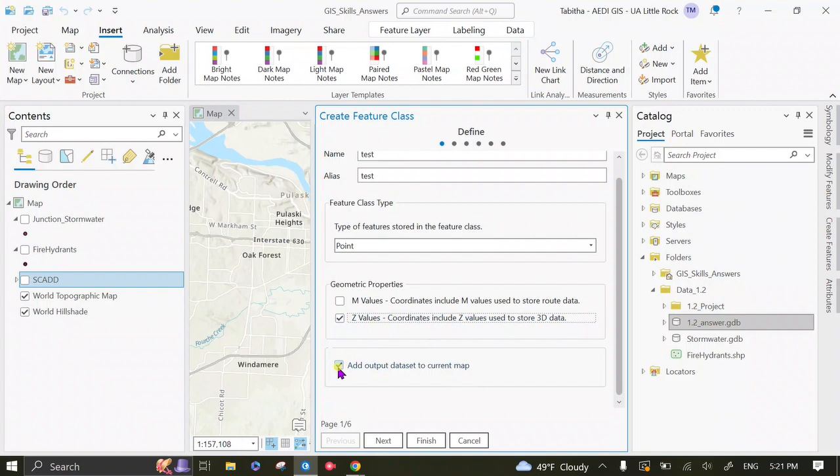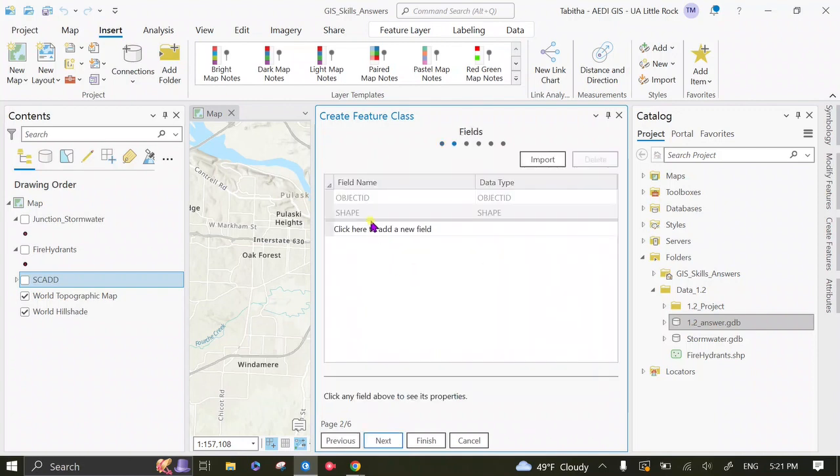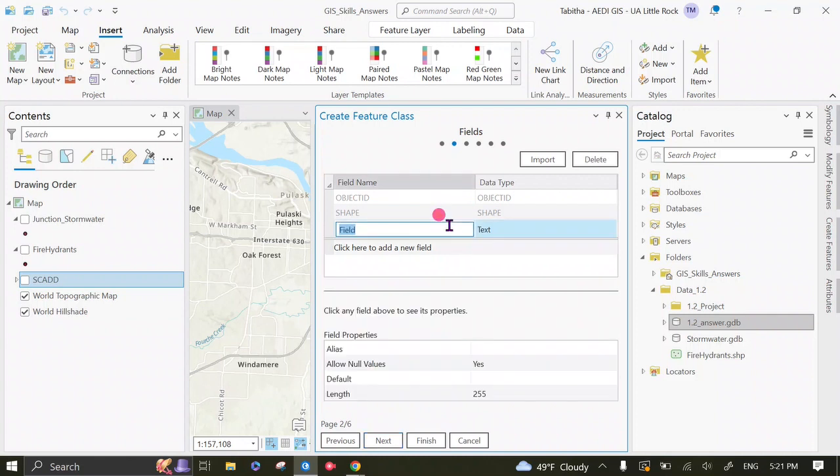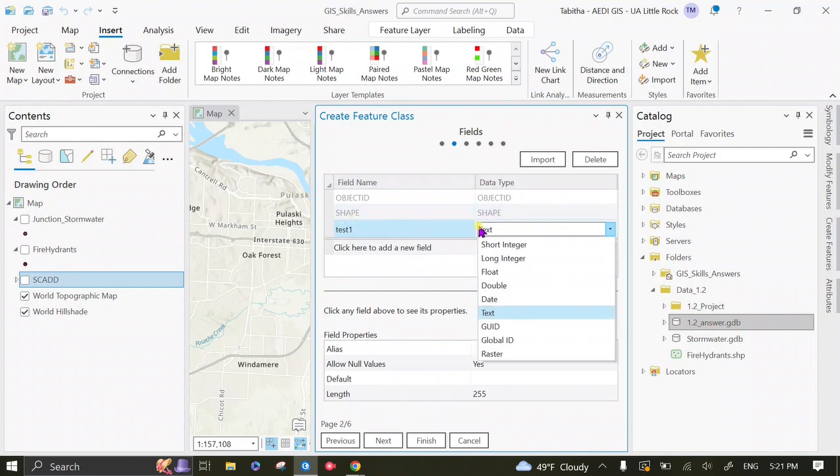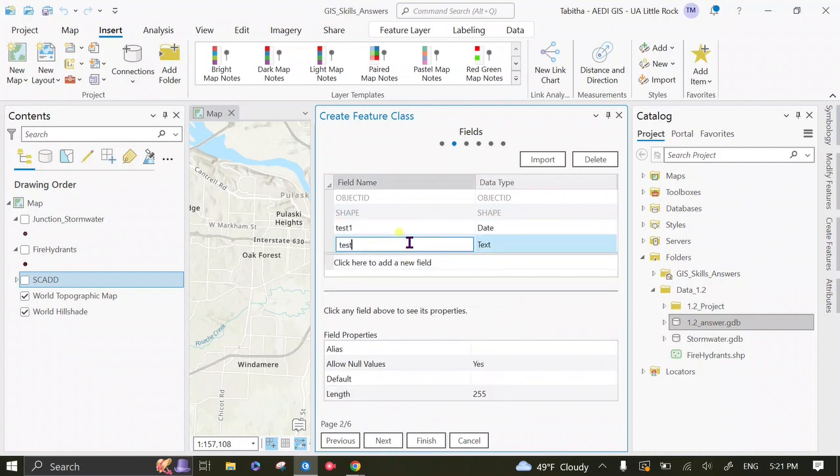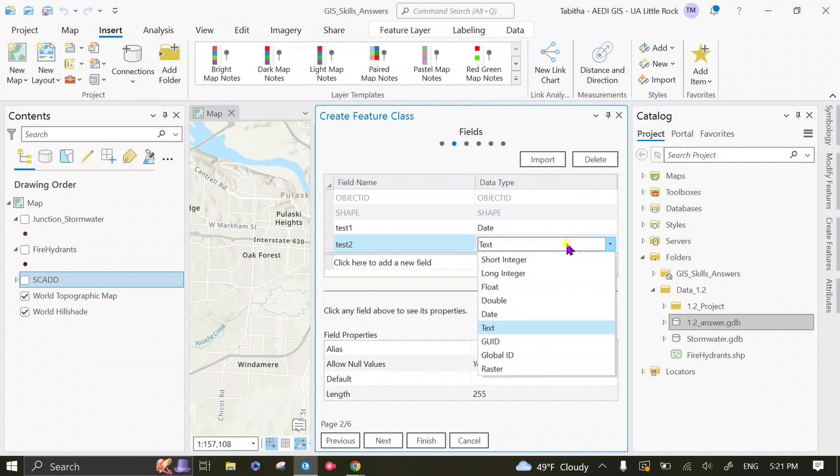And you can uncheck this Add Output Dataset to Current Map if you don't want to add it to your current map. This page 2 out of 6 is where you input the data fields that you want to be in your layer. And for this assignment, I requested that you guys add 1 field, so I'm just going to do a test, or I'm going to name it test, and we'll say I'll change it to a date field, and then test 2, and I will change it